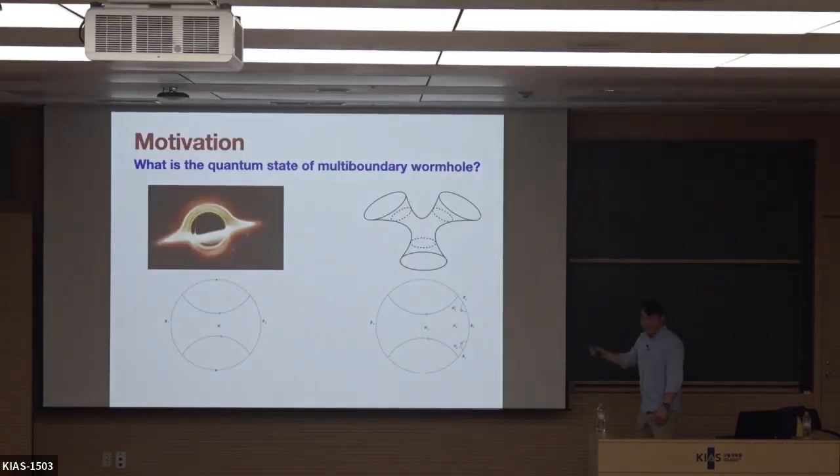At least to me, this is the only way that I know to construct the multi-boundary wormhole. Maybe some other people know better. So depending on how you quotient, each boundary could have different horizon size and the temperature different. So to me, it's very difficult to have the same temperature. There is a way, but